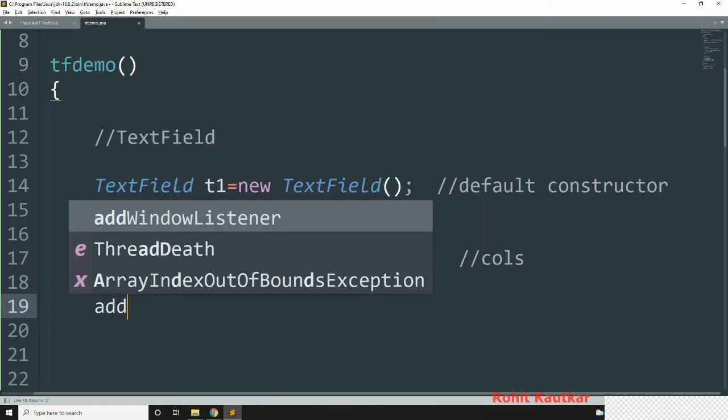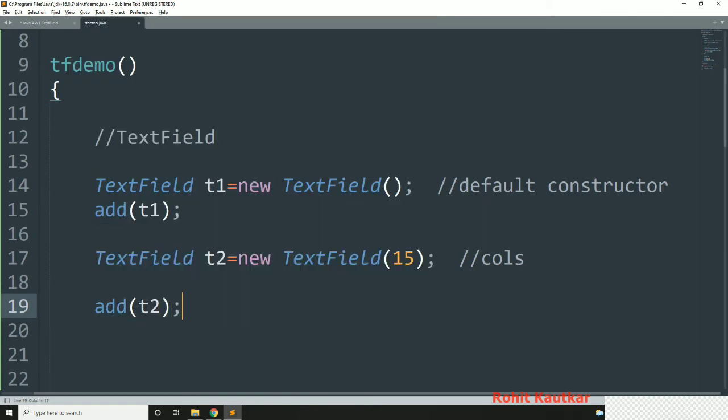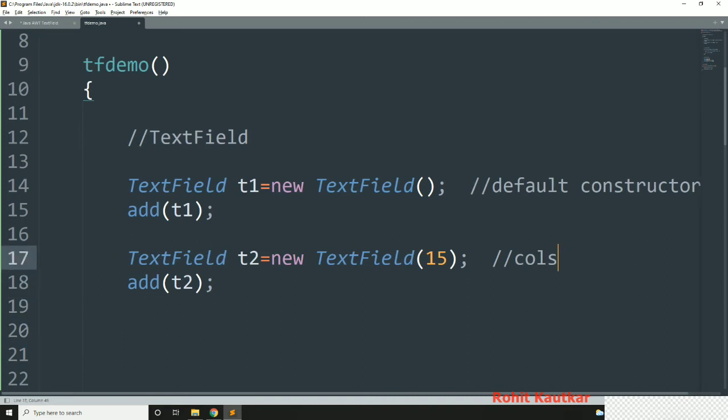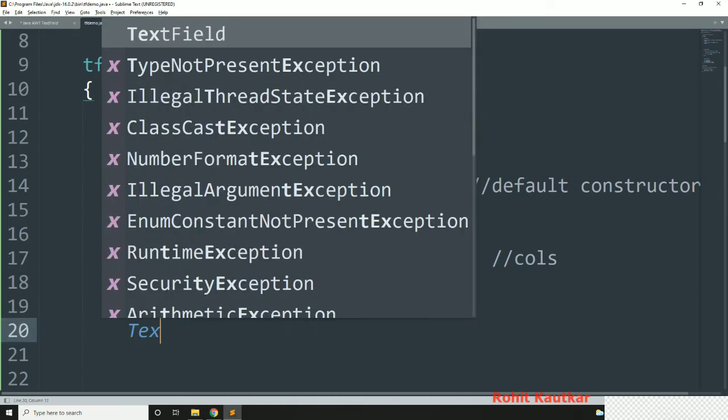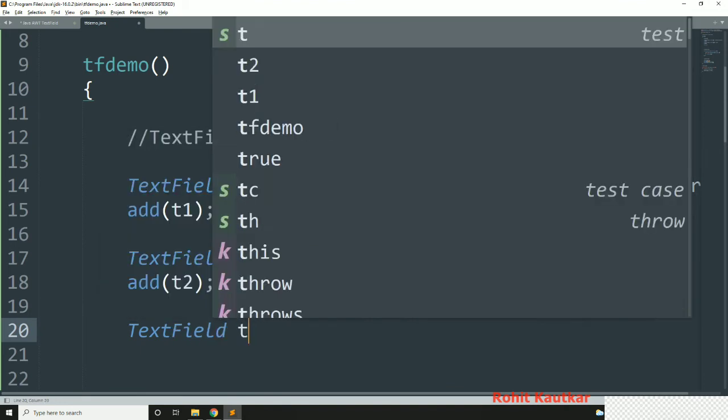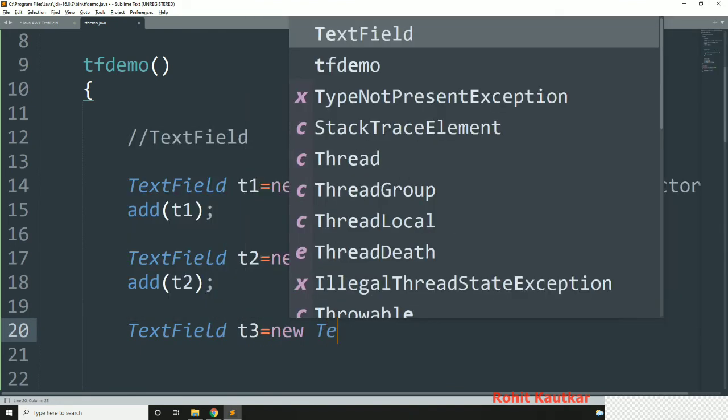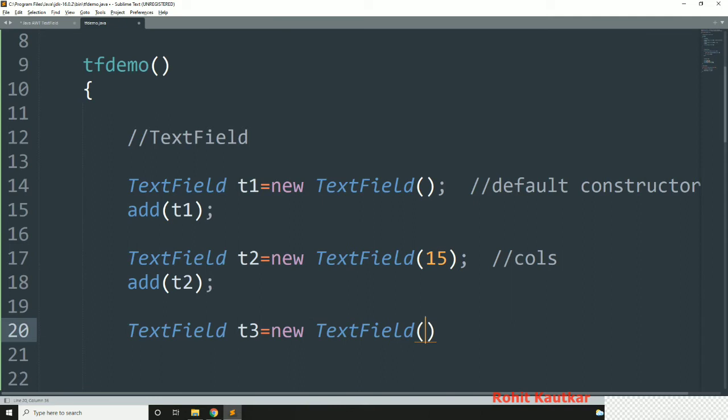Here we are specifying how many columns we want. Then we will add this text field T2. Next, the third constructor, where we can pass the text that is to be displayed. Again I will use text field T3 is equal to new text field, and here I can pass the text that I want to display whenever this text field is created. Let's say demo text.